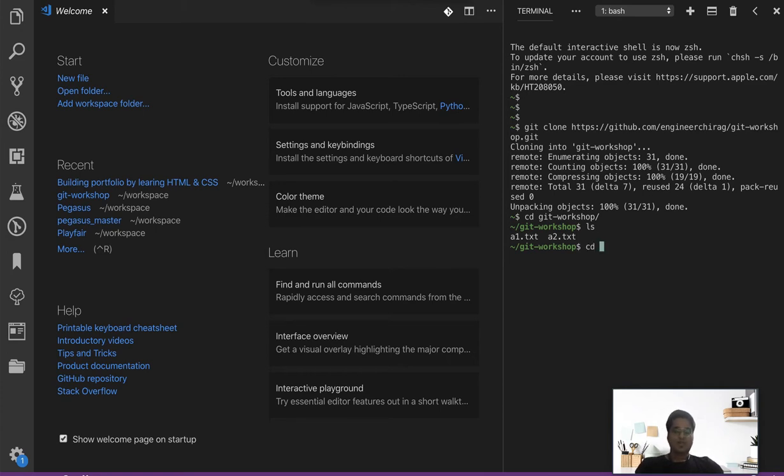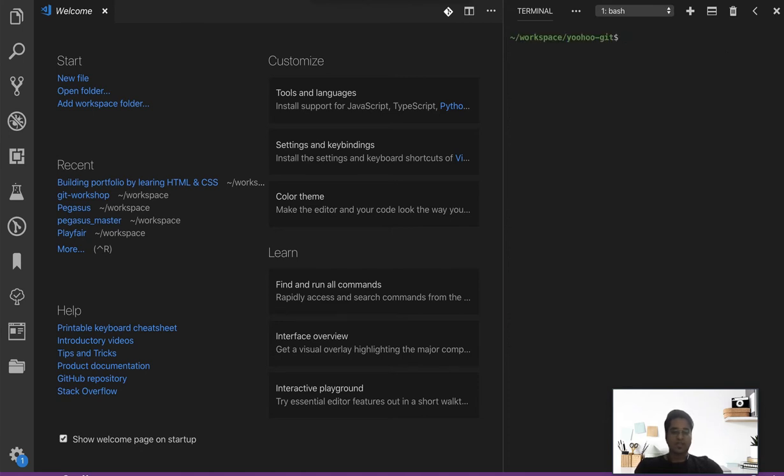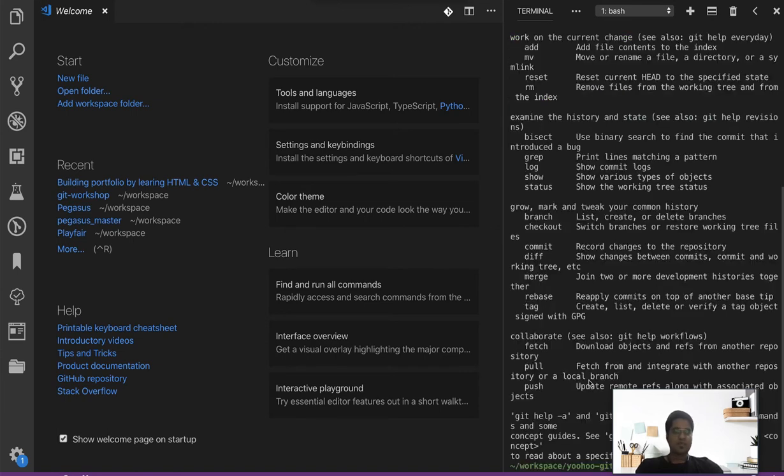Second, consider an example where I have some projects. Say suppose React. Okay, let me check what all I have. I need to go into the workspace. Now cd into the Git project. Let's see what all we have. Okay, we have a repo which has certain files. Let's see if this is a Git repo. No, it doesn't seem to be a Git repo. We can see from here.